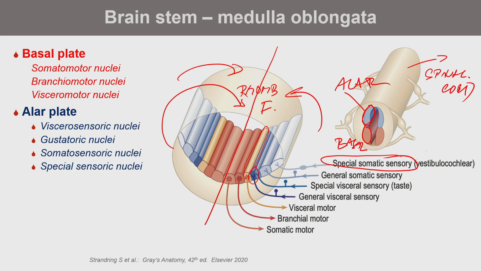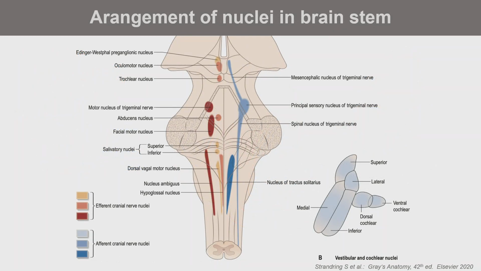So this is derived from those skin parts, and then it is a general somatic sensory, which is during the evolution more specialized for this telemetric information from auditory signals. So then the arrangement of nuclei in the brainstem follows this original schematic arrangement, but you